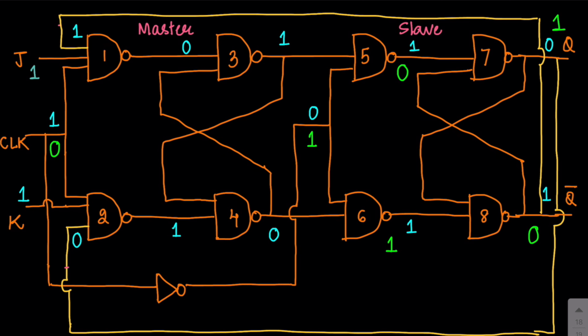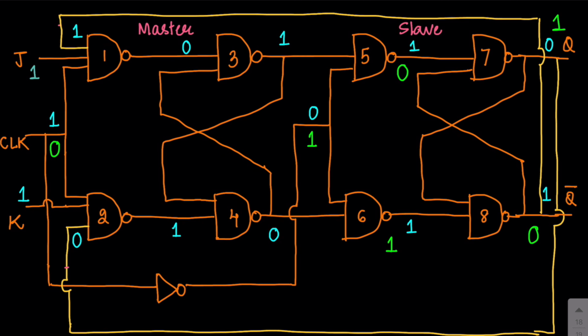So hence the output to the second NAND gate is 1. The output of the third NAND gate, because one of the inputs is 0, will be fixed at 1. This 1 will be provided as an input to the fourth NAND gate, with the other input also equal to 1. Hence the output for the fourth NAND gate is 0.